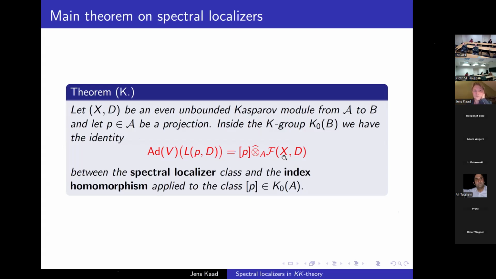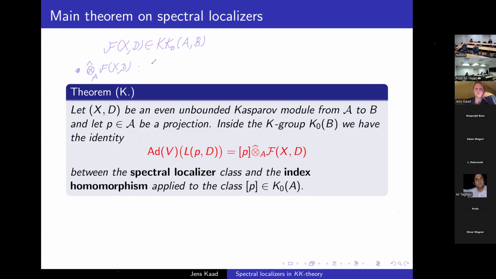Here I have my unbounded Kasparov module, and then I apply the bounded transform. When I do that, I get this bounded transform here. It belongs to the KK theory of A comma B. Okay, very good. From this bounded transform, I then get my index homomorphism